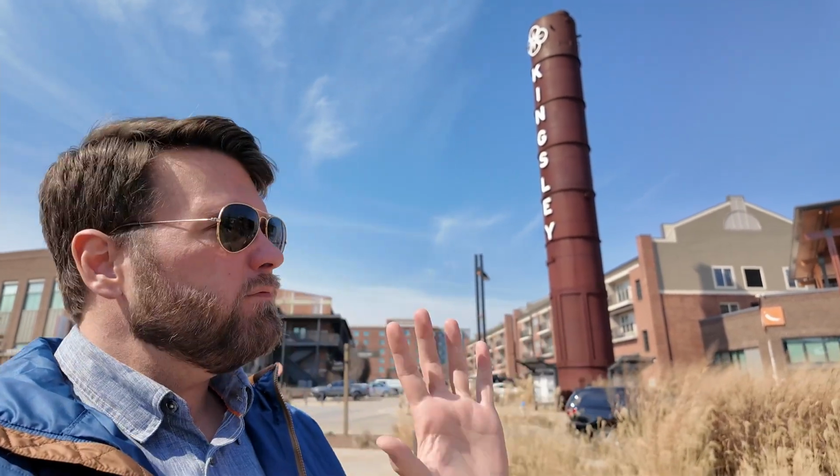So we're out here at Kingsley. This is one of the newest developments in the Fort Mill area. It's right off of Highway 160, where Highway 160 hits I-77. And this place is awesome. It's a mix of, we've got hotels, we've got apartments. You can see behind me here, apartments. There's a ton of shopping. There's a great nature area here. LPL Financial has their headquarters here. So this is a booming area, and